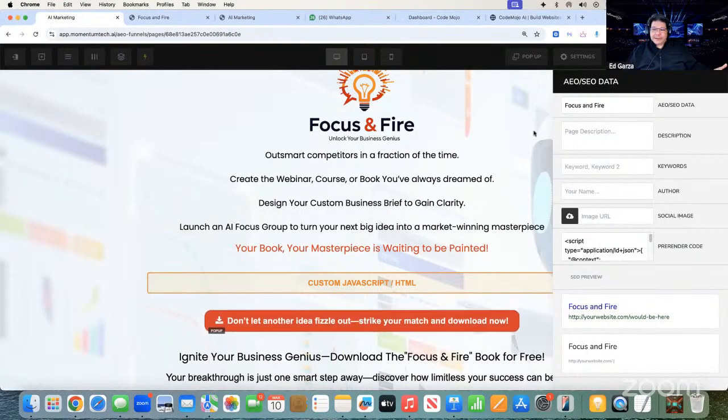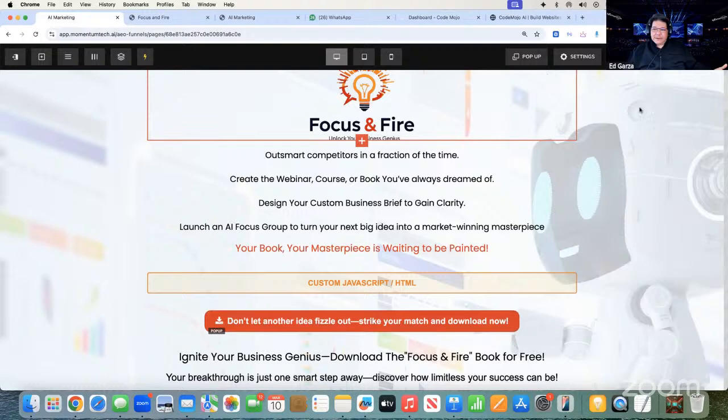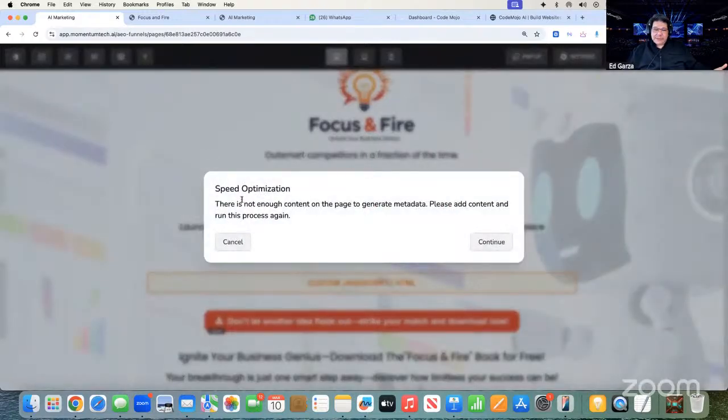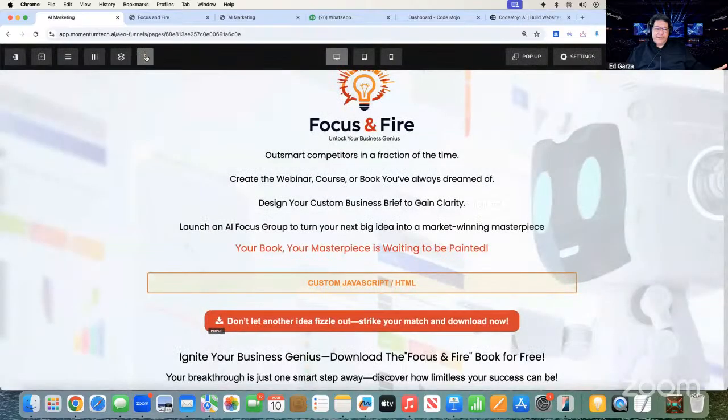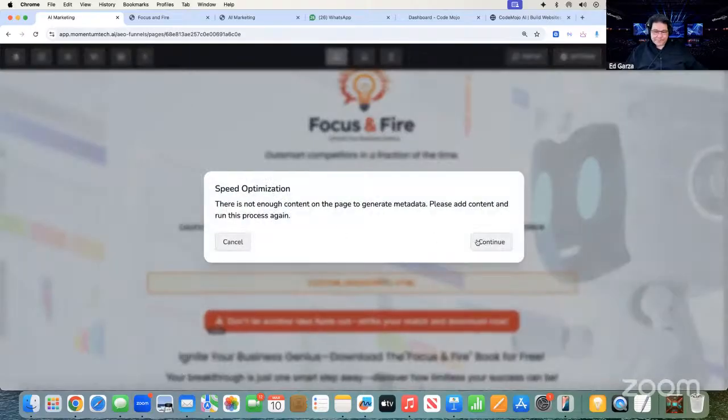And then once you save it, you can optimize your speed. How do I do that? There's a little icon up here. It's like a little lightning bolt. Click on that. It says there's not enough content on the page to generate metadata. So it'll generate metadata for you.